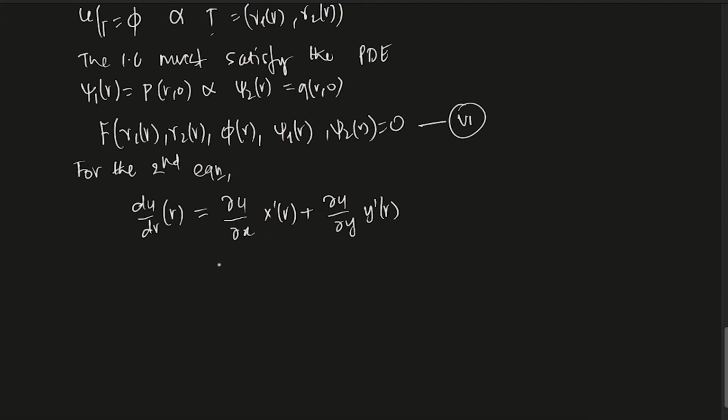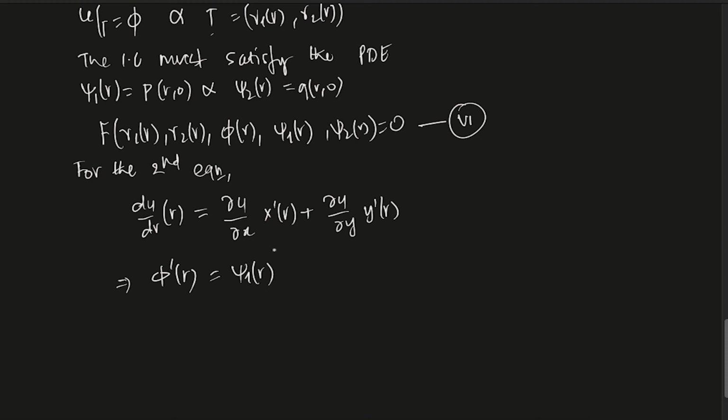So from there we get this. What is this? This is psi 1 and psi 2. What should it satisfy at the point r0? You see, u with respect to r, del u del r basically, is phi prime of r. On the curve, u is phi of r, so u with respect to r is phi prime of r. And del u del x is p at the point r0. I'm assuming this at s equals 0. At the point r0, this is psi 1 of r.